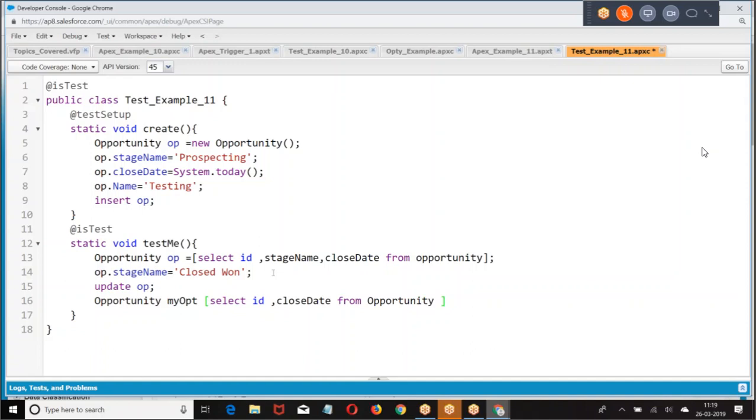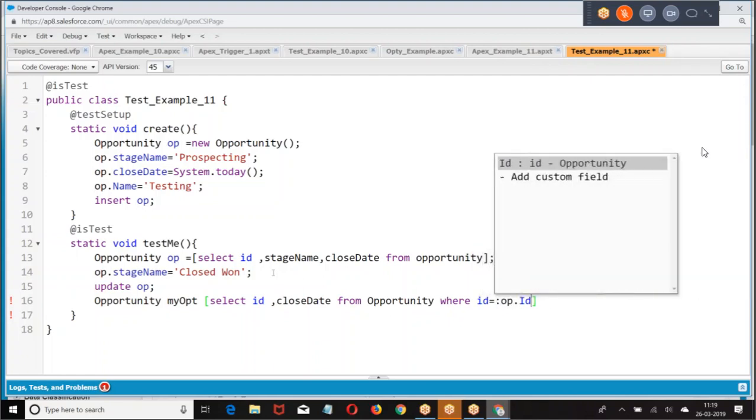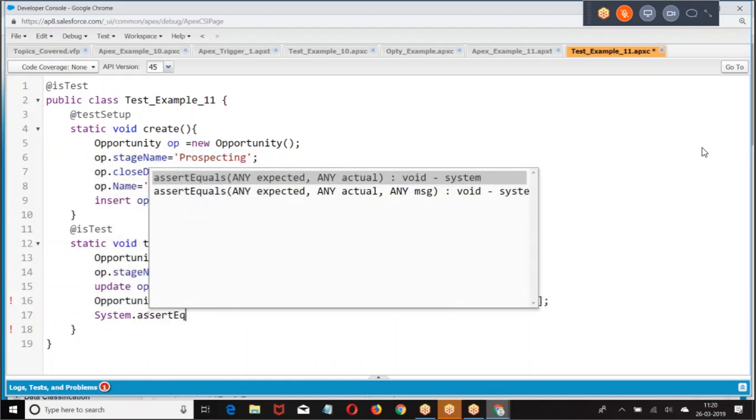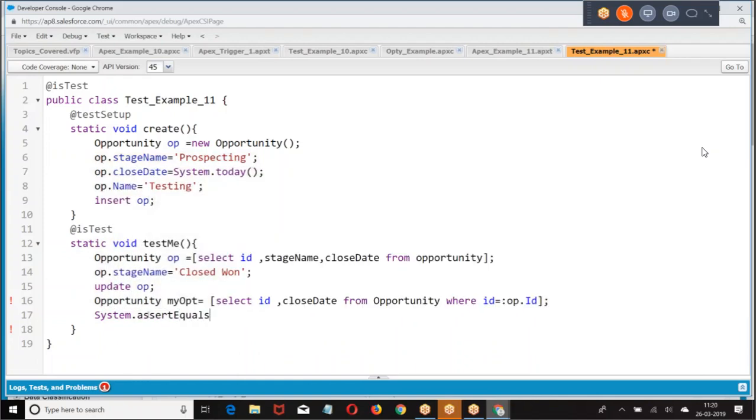Select Id, CloseDate from Opportunity where. Then check what the trigger will be doing. Because the opportunity stage name is modified from prospecting to closed one, then the close date should be, assert equals.